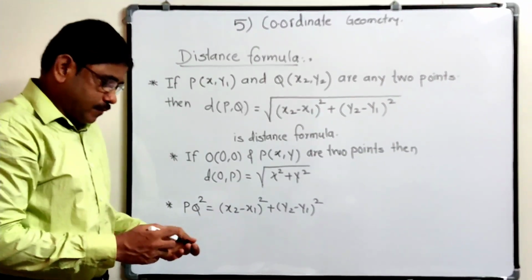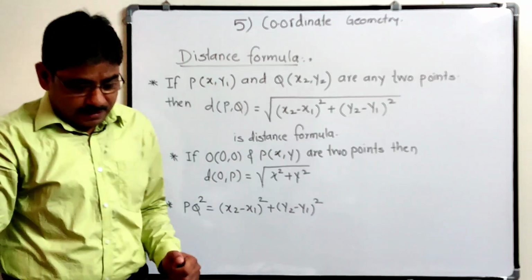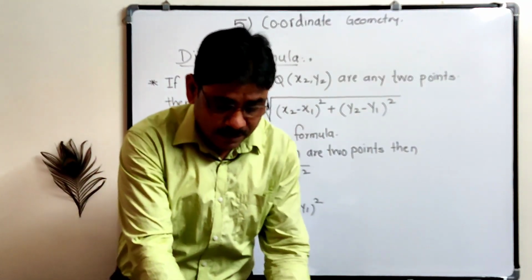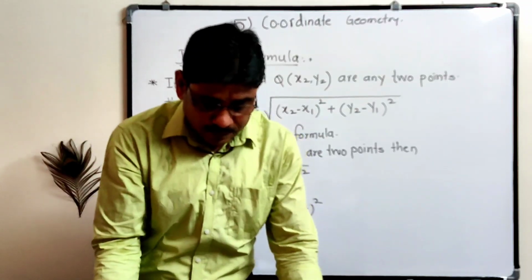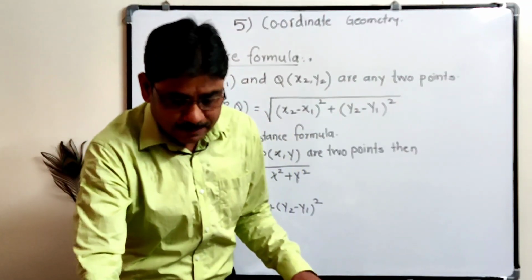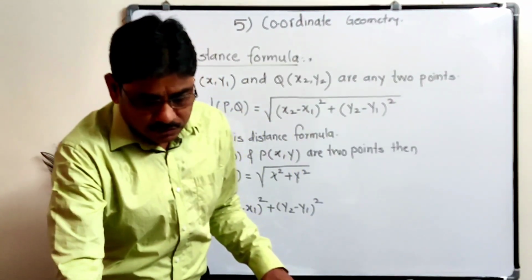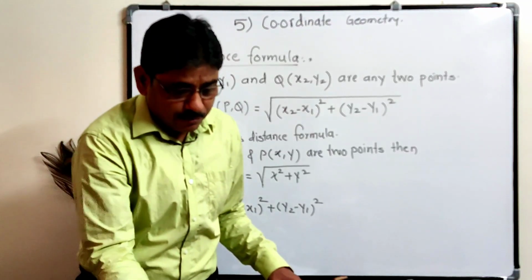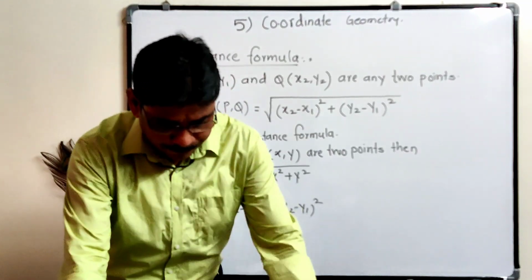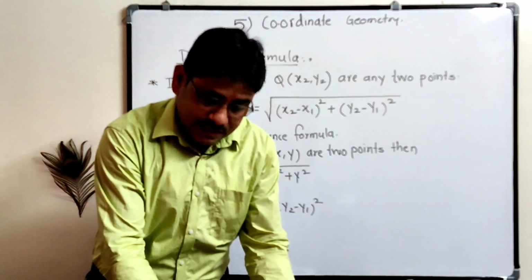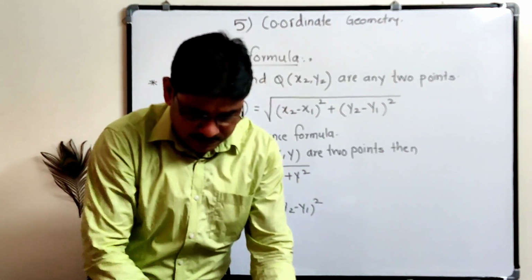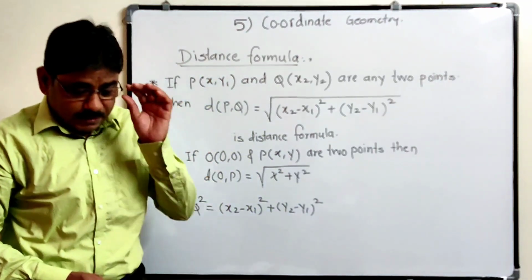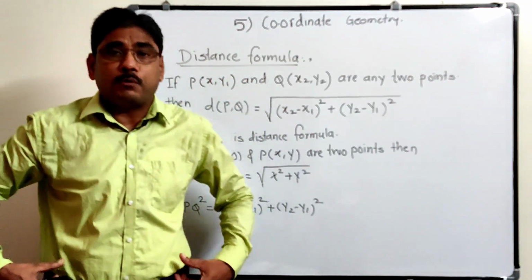Now before solving that practice set 5.1, remember again some points. Let us see that practice set. If we observe the sums which are given in the practice set, or observe the solved sums before solving the practice set, which type of questions are there? If we observe the types of questions, the first question is: find the distance between each of the following pairs of points.